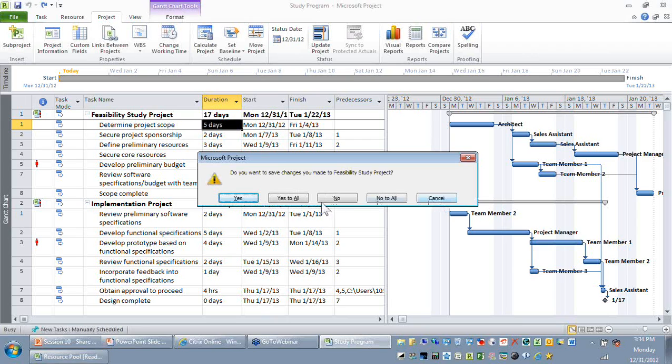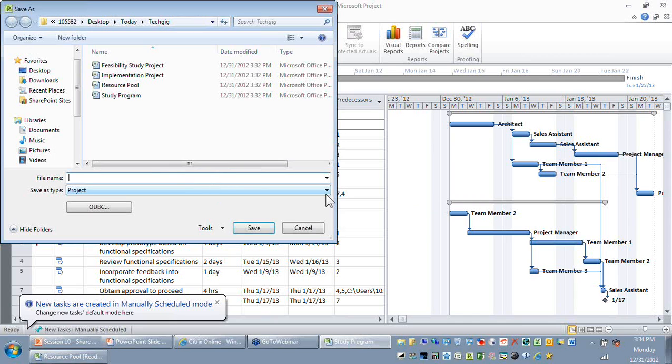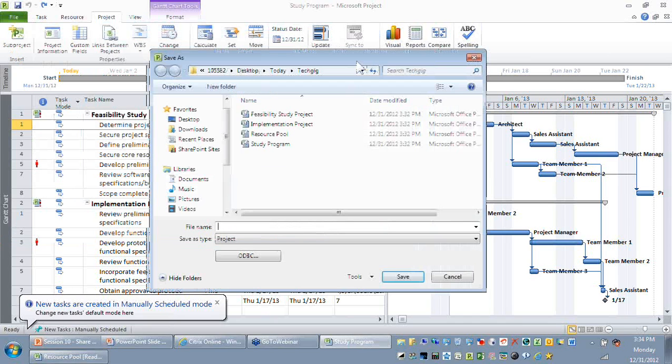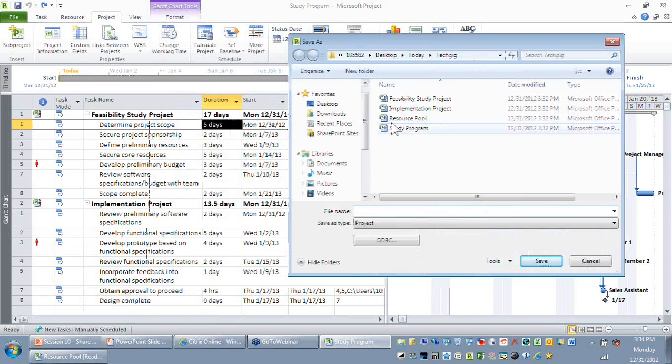So now let me say yes to all. Okay. So when you want to save it, it is asking you to save it as a separate file, which means those projects will not get updated. So that is a benefit of having it in a read-only mode.